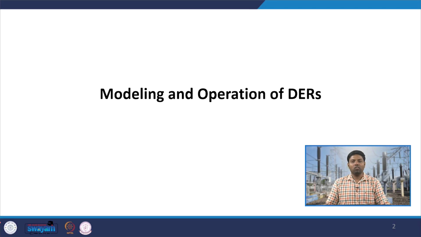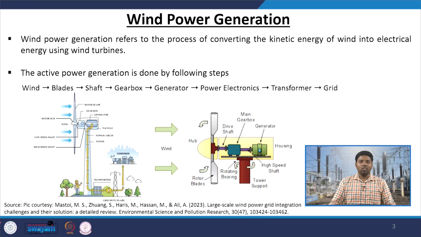In the last class, we have seen the modeling and operation of PV panels or solar power generation. Today, we will continue with the wind power generation. So, what does wind power generation do? It converts the kinetic energy of the wind into the electrical energy that we can use with the help of wind turbines. First the wind blows and hits the turbine blade, then the turbine blade will start rotating,